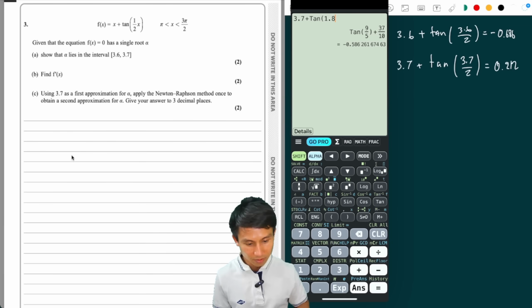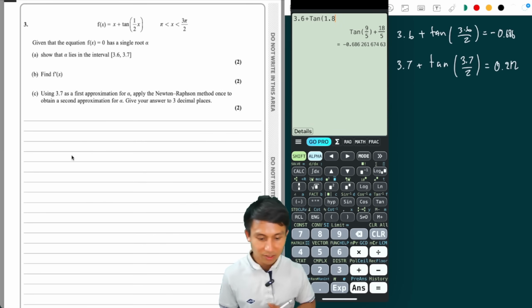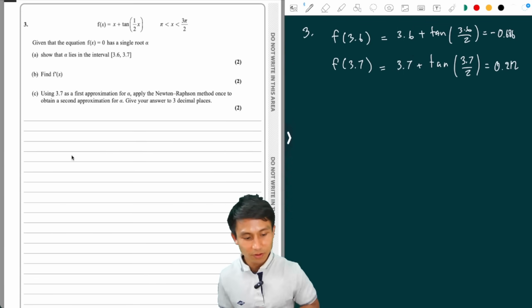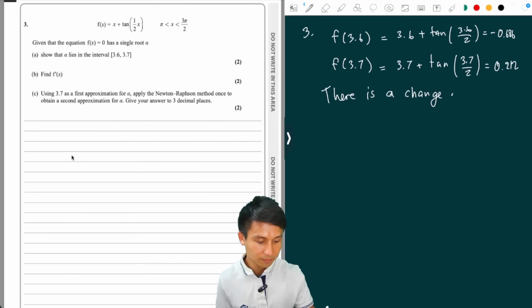Aha, hang on. Wait, no. I just want to check the first one again, just in case. As you can see, I'm quite careful. Okay, there we go. So there is a change of sign